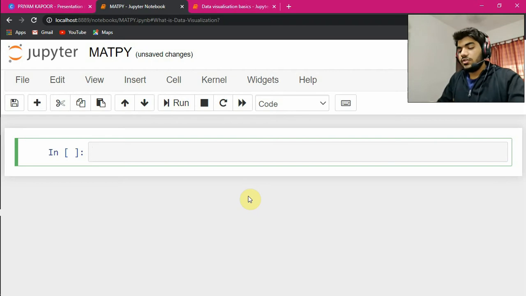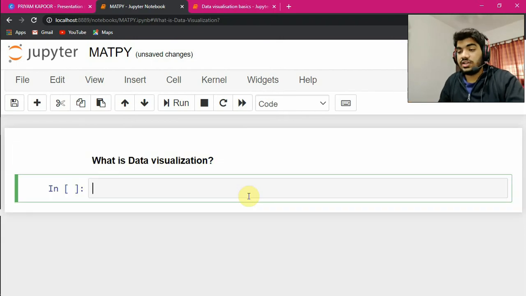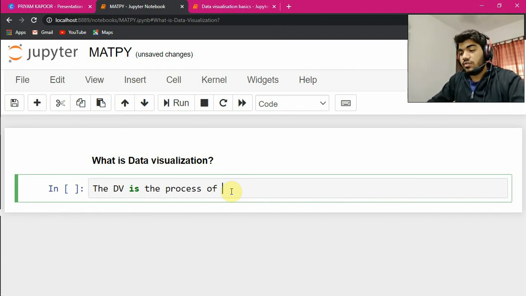Matplotlib. So, first question which should come in your mind is what is data visualization? Okay. So, data visualization is a very important topic in data science, and people are doing jobs only for this particular thing. So, first of all, to answer this question is that the DV is the process of displaying data or trends in